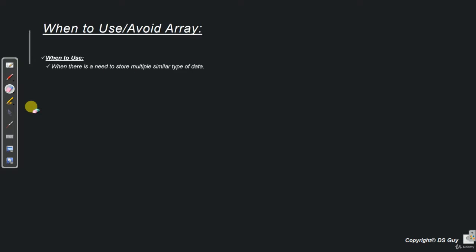Now, apart from this, is there any other condition where we can use an array? Of course, yes. And the answer is when we want to do a random access of any given data cells. Now, what do we mean by that? Let's say this is our array and we want to randomly access the second cell over here or the fourth cell over here. Now in those kind of cases, array is exceptionally good because accessing any random cell takes order one time.